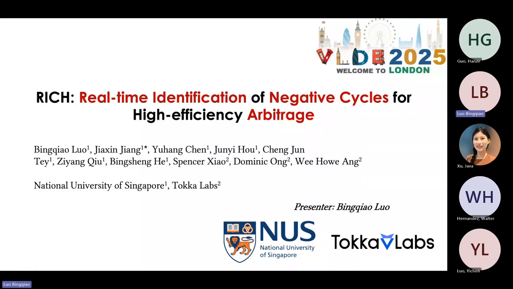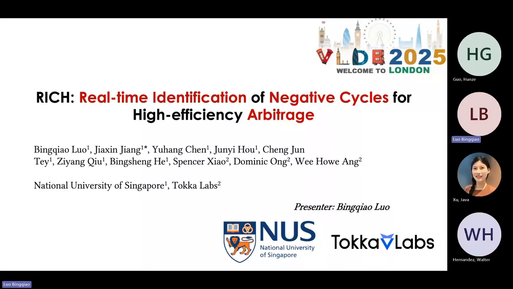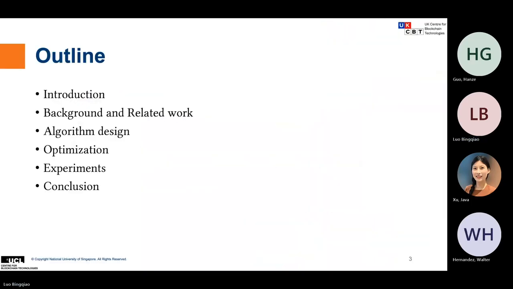This is a collaboration between our team from NUS and Toka Labs, which is a trading firm in the blockchain space in Singapore. We focus on the detection of arbitrage opportunities, which we model as negative cycles in token graphs. Today's presentation will cover the introduction of this project, background and related work. Then I will introduce some of our main algorithm designs with 2 optimizations, followed by experiments and our conclusion and